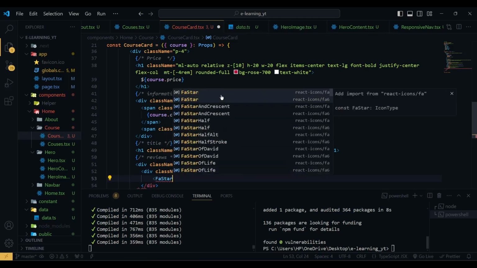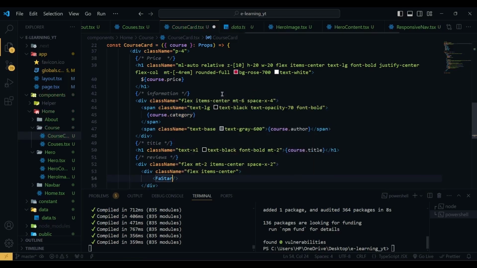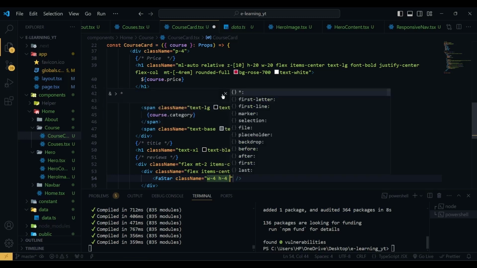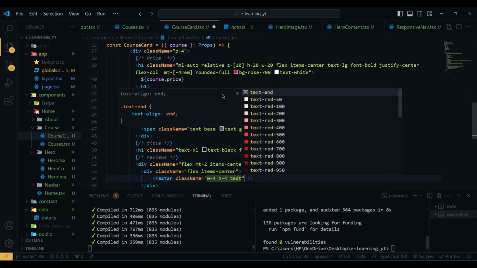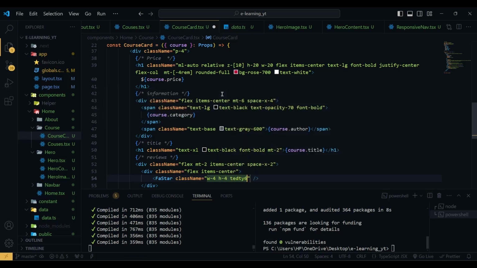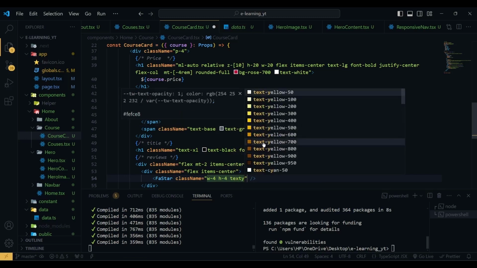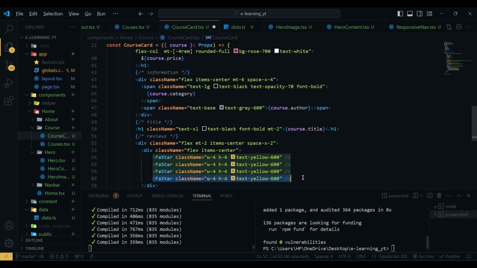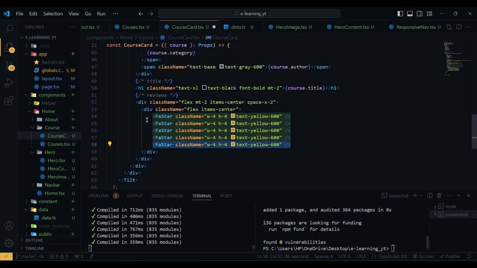So the star is coming from React icons, and this icon will have a class name of width 4, height 4, text will be yellow 600. Now we have 5 of them, so 1 2 3 4 5,